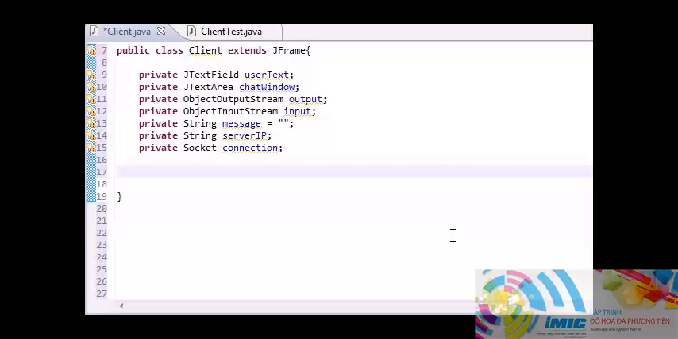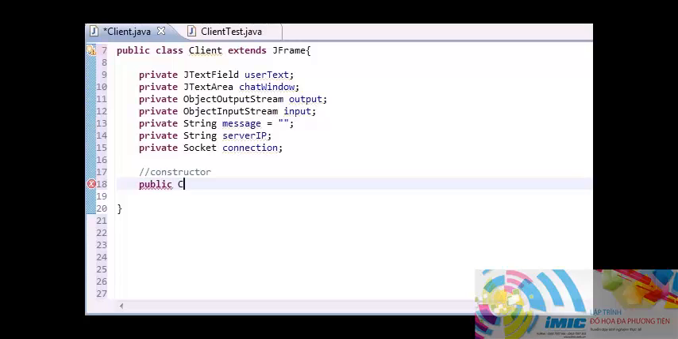Alright guys, welcome to your 50th tutorial, and as promised we're going to be working on the constructor and also the GUI in this lesson. So let's go ahead and do that right now. So public client is the name of the class I'm working in,